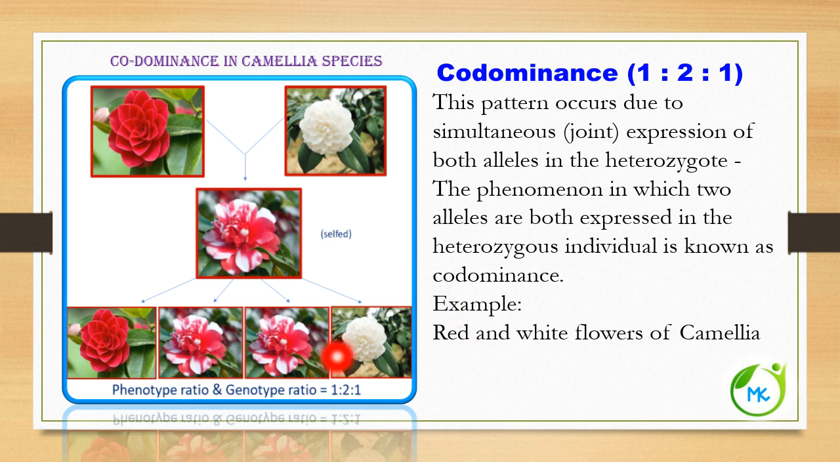Example, red and white flowers of Camellia. So the phenotypic and genotypic ratio is same, 1:2:1. So this is referred to as codominance. So other examples of codominance apart from Camellia,